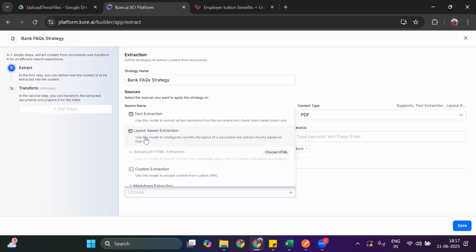It understands this is the heading and the paragraph, so this is a section, and it extracts the entire paragraph as a chunk. If you have an image, it extracts the entire image as a chunk, right? So this way this model intelligently understands the layout of the document and extracts chunks based on that particular layout,